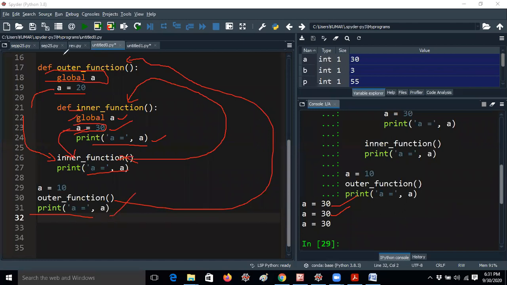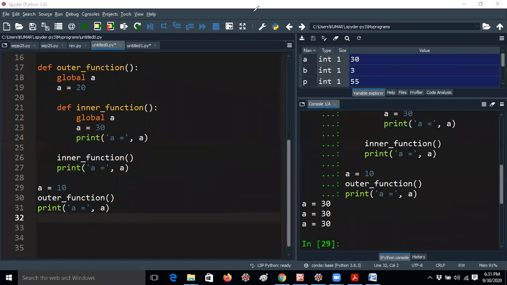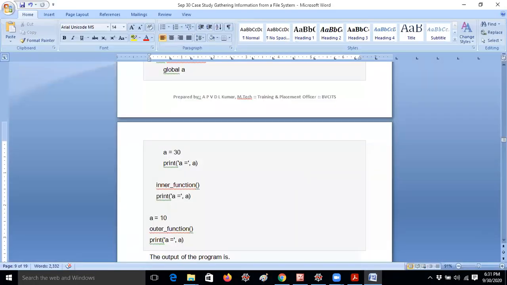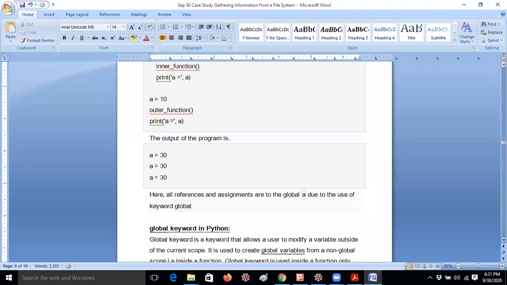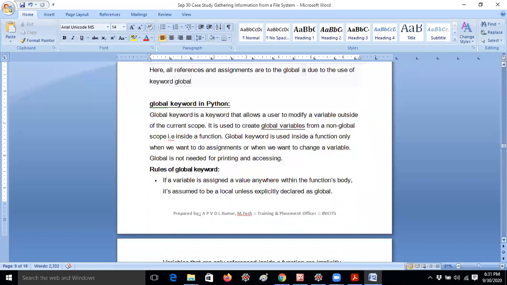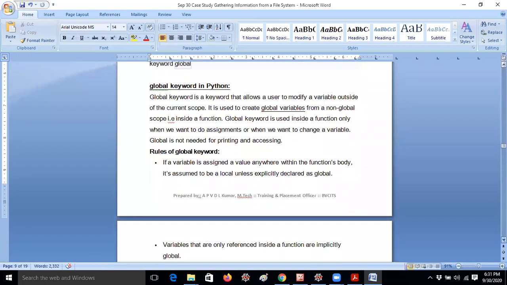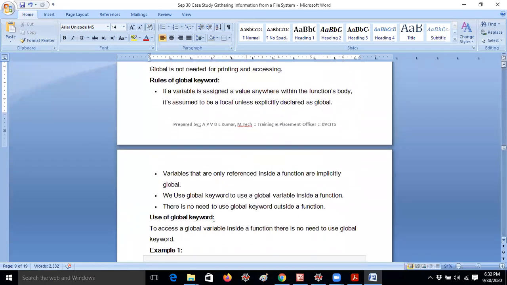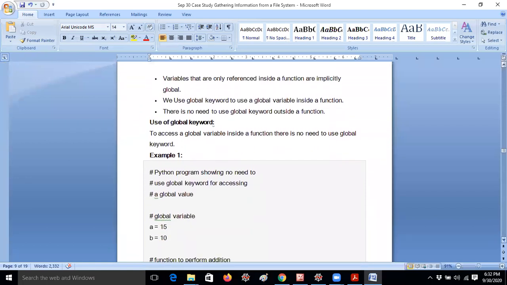So it will not consider any other variables, because whenever you have a print statement and the statement before it is a equal to 30 like this, that will be the final value. One minute, I will discuss more about the global keyword, because it is according to the topic I am going through. So now, global keyword in Python. You know about the rules, you can go through the material. I will tell you the examples.